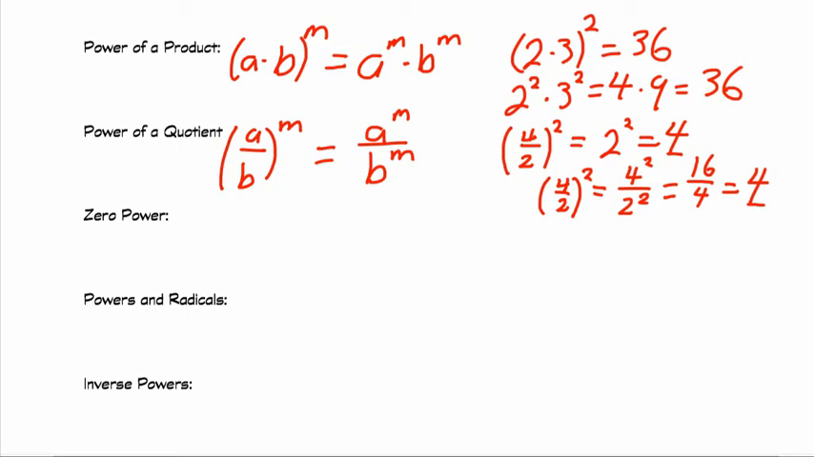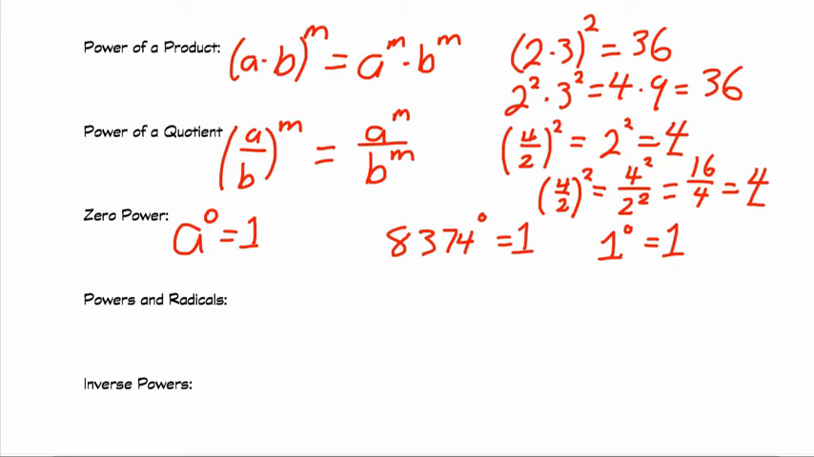Now here, this is the easy rule to remember. If you have a to the power of 0, this is always equal to 1, no matter what number a is. So you could have 8,374 to the power of 0. This will give you 1. You could have 1 to the power of 0. This still gives you 1. Okay? Even if it was just a variable x to the power of 0,